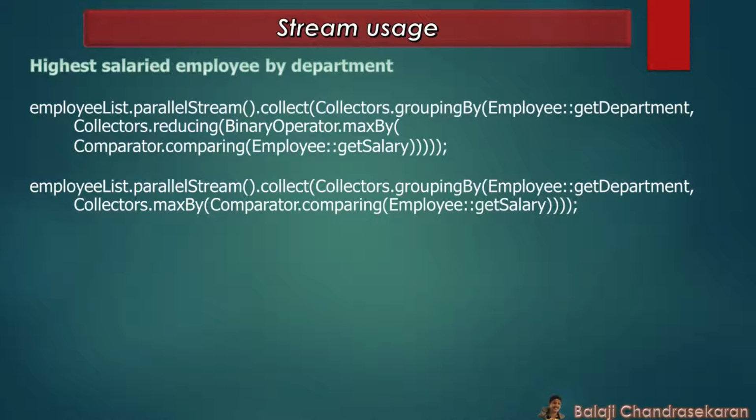The comparator is used to compare the employees based on their salaries. We need to use the minBy method if our need is to find the minimum salaried employee. Overall, this code snippet produces a map where each department of employee is associated with the maximum salaried employee within